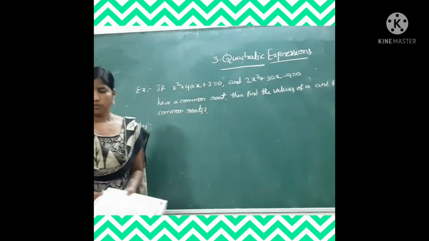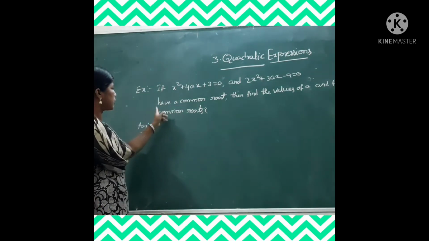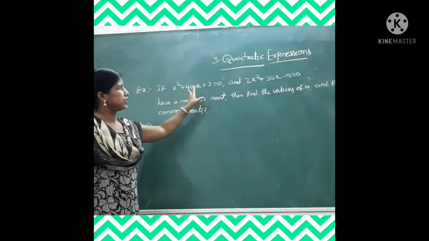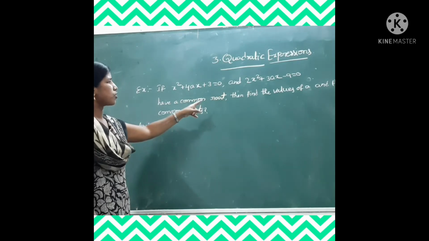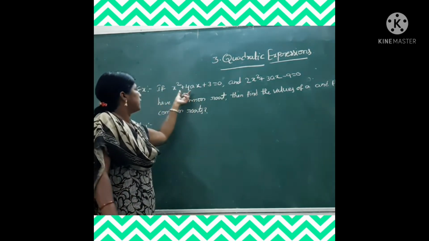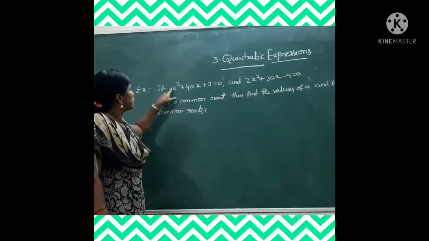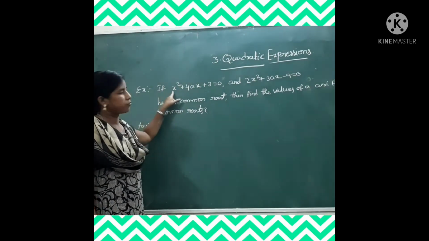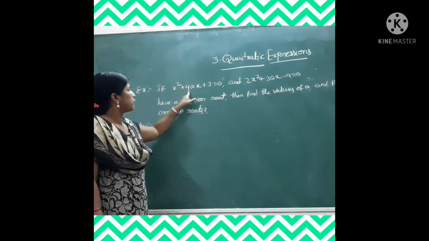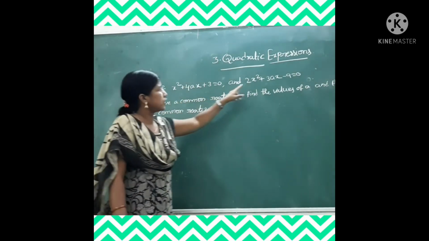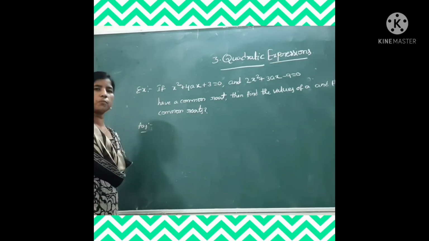See here, what is the sum given? What do we need to find? Both given quadratic equations have a common root, and then we find the values of a. Here there is an x square term, an x term and a constant. The x square coefficient is 1 and the x coefficient is 4a, which is not a definite value. That's why we find the a value. Okay, what is the formula of the common root?